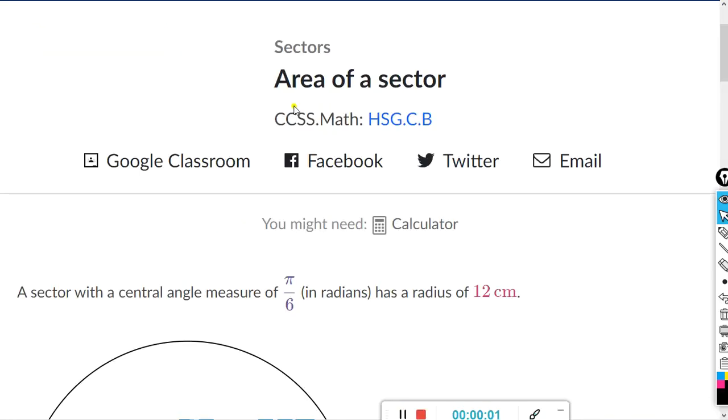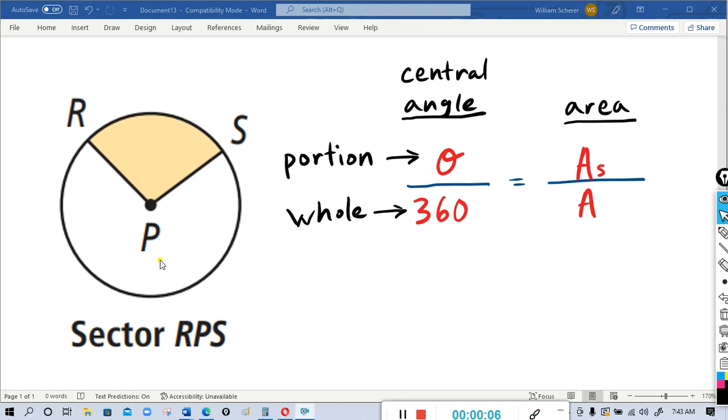This will be for the assignment, area of a sector. So the definition of a sector, it would be a piece or portion of the area of a circle. Okay, so this is the center P right here. And if I were to draw in a central angle, it would be represented by this Greek letter theta right here. So this angle